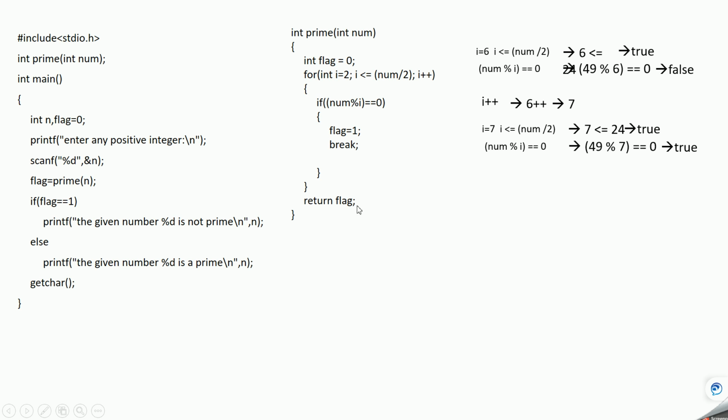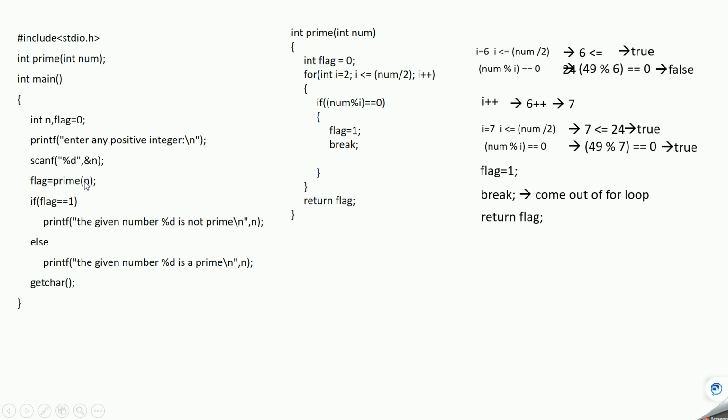So the break is terminating the control from this for loop and it is coming to this line. This line will return the control to this prime. So initially the control has gone from here to here, now control will go from this line.